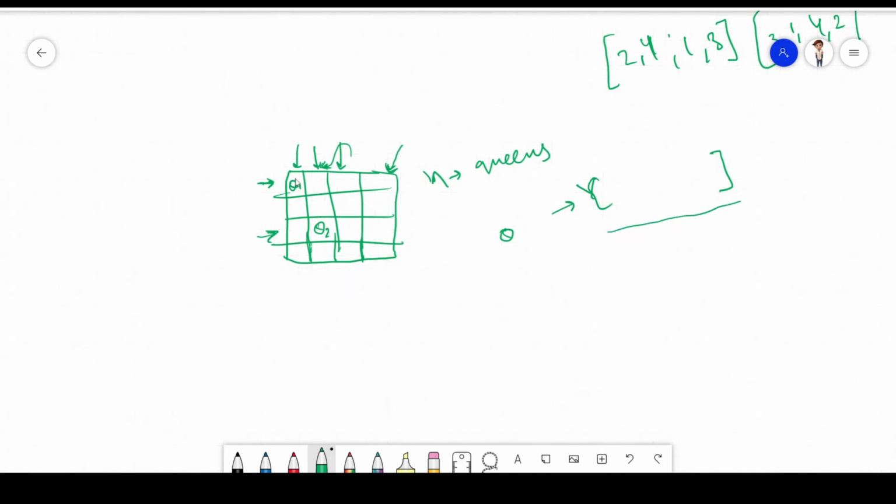Then I will backtrack again to find other solutions, and it might be possible that it will give me a solution after backtracking. So I think it is all clear to you what I am doing.